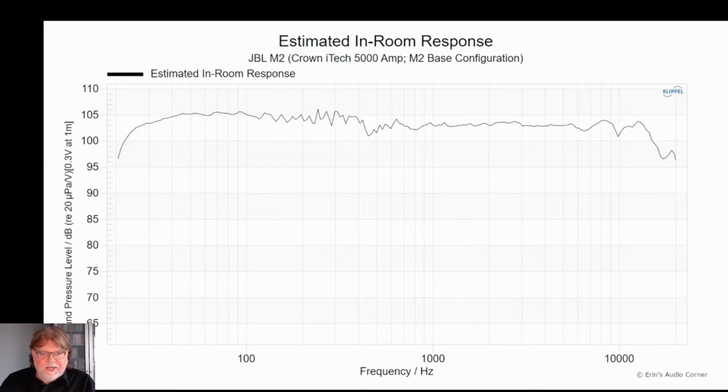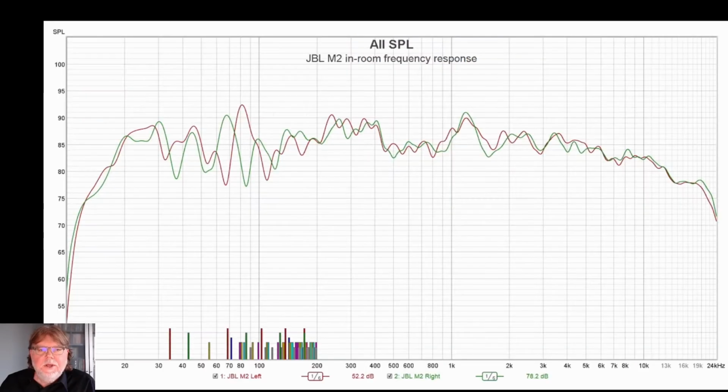Here's the estimated in-room response. Pretty flat, pretty smooth, but when we actually put the speaker in the room, here's the measured in-room response of a JBL M2 in a pretty good room. If we look back at the